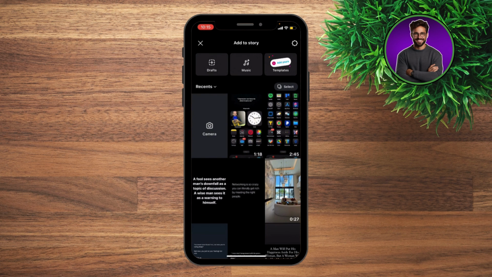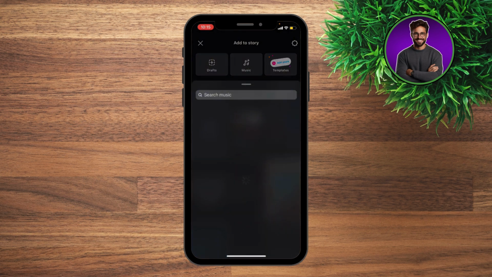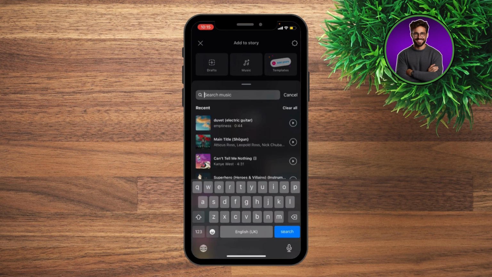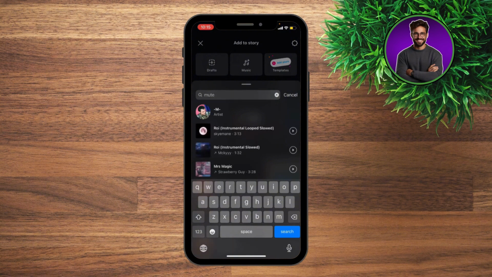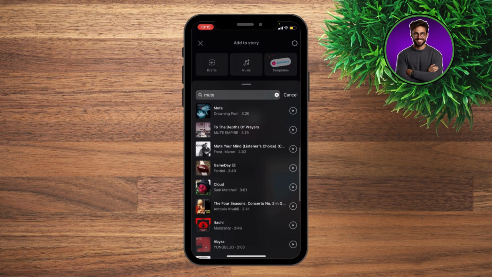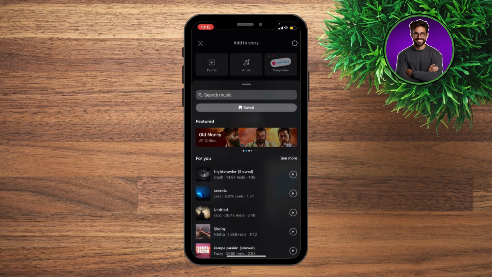And then basically what I'm gonna do next, I'm gonna just go ahead and click the music option right here. All right, and then add the music that you want. Let's say for example I'm gonna add something mute. I hope there is mute something, I don't know. There isn't. So basically just select the music,